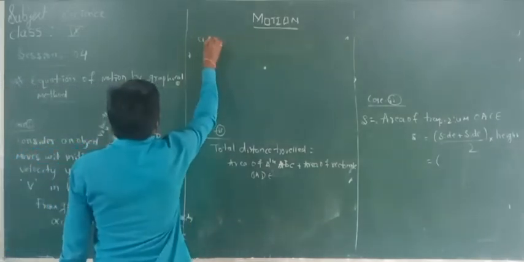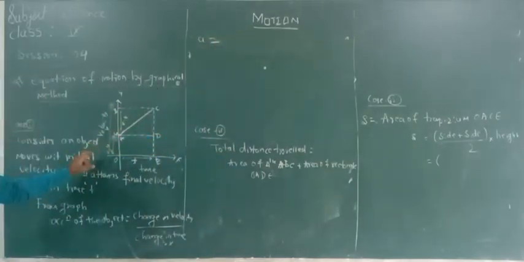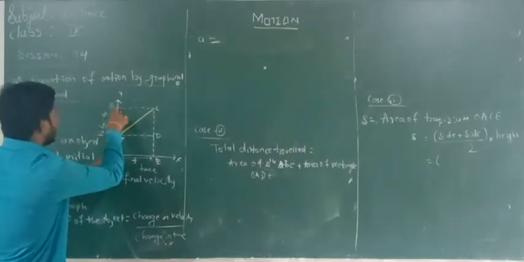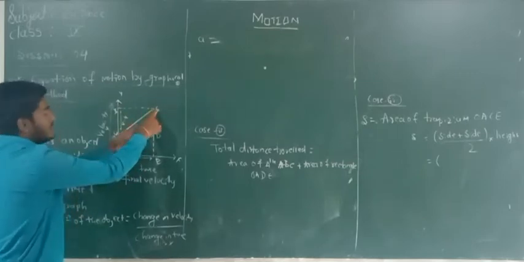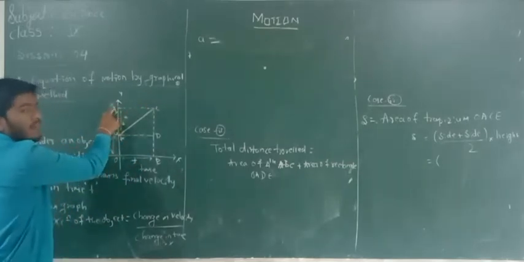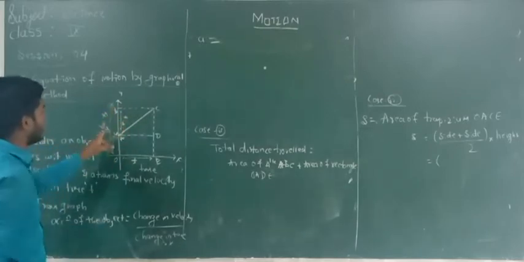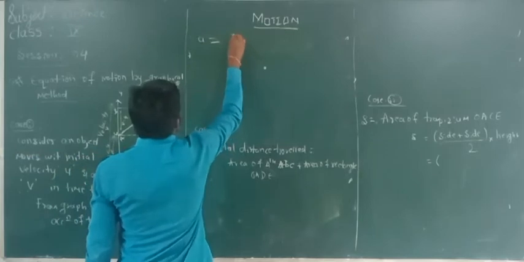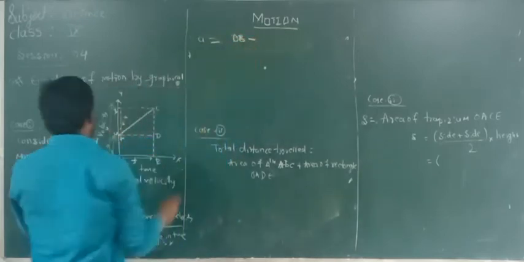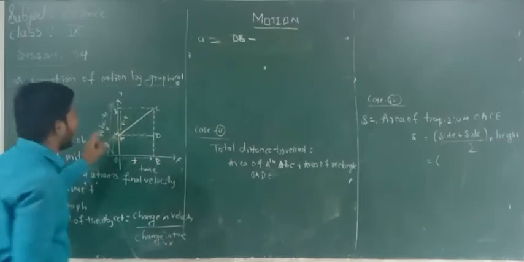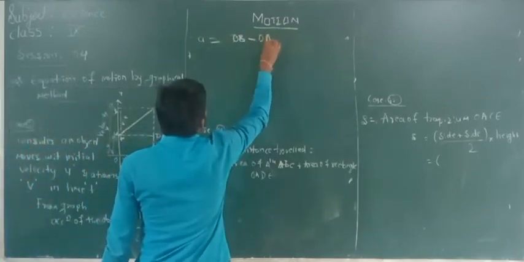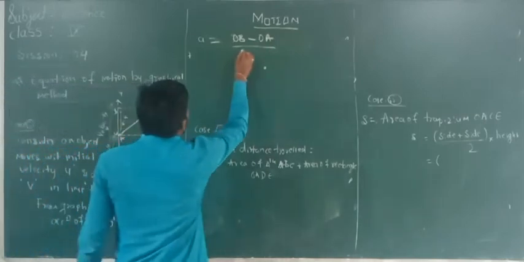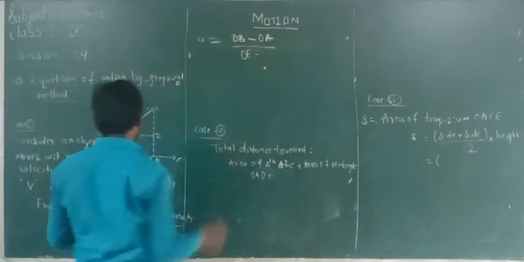That is acceleration. A is equal to change in velocity, that is the final velocity v. OB represents v, because the object attains the final velocity of v meters per second here. That is the final velocity OB from the graph, minus the initial velocity OA, divided by the change in time, that is OE, the final time, minus the initial time